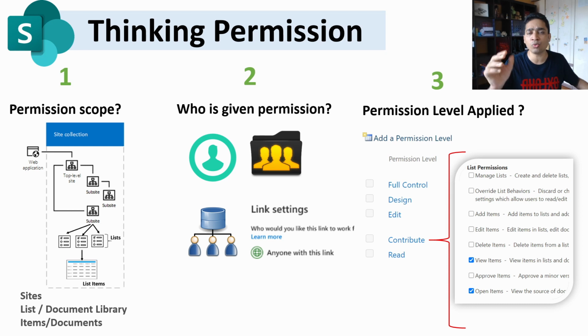So now you know where you want to assign the permission, but who is being given permission? There are multiple ways you can assign users. First thing is that you can create a group for them and add users inside the group, or you can add individual users, or if you are connected to an AD, you can even add an Active Directory group. Now a couple of points to note over here. I wouldn't recommend adding users individually. I will tell you why.